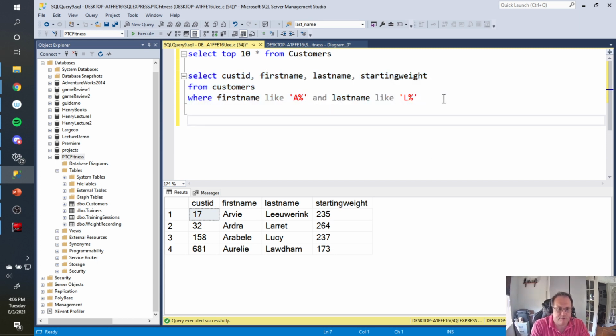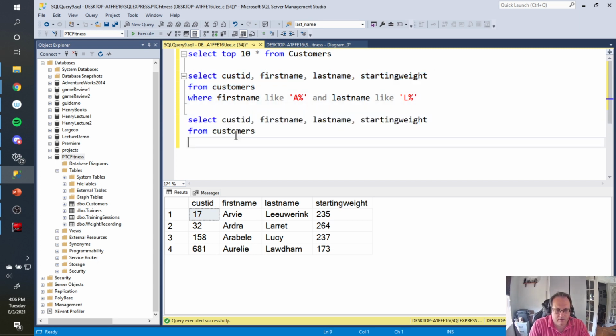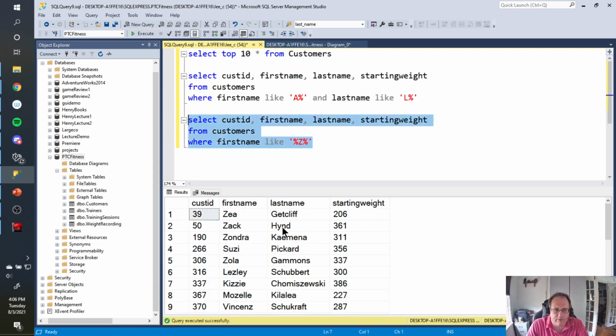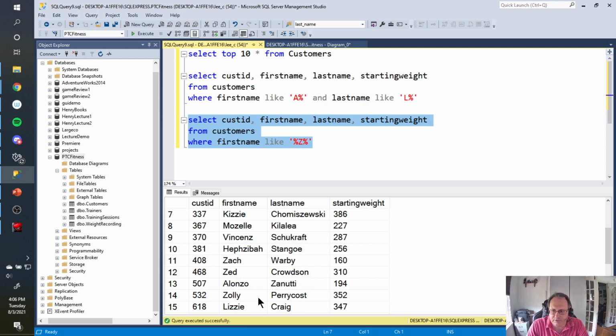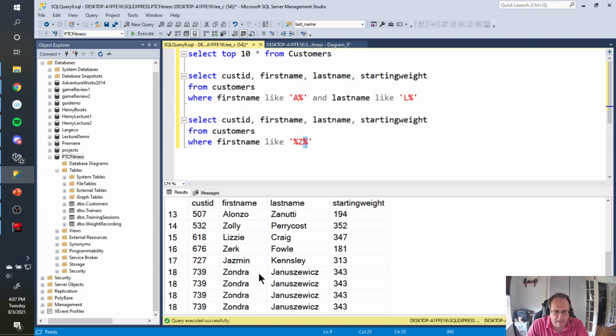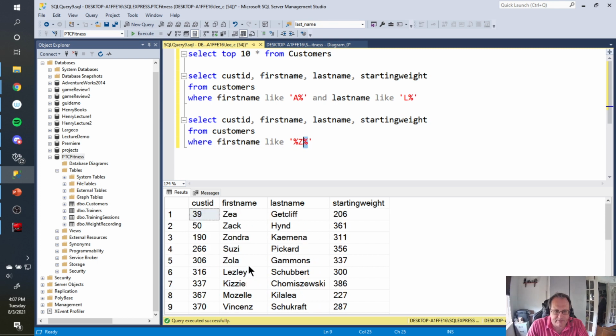Let's see if we have anybody whose first name contains a Z. This will find the letter Z in some first name, somewhere. And run this, we see I've got Zia, Zach, Zandra, Susie, Zola, Leslie, I like that spelling of Leslie, Kizzy, Moselle, Vincenz, etc. So there's a Z somewhere in there. This says start with anything, end with anything, find a Z. It's quite possible that somebody's last name was Z, like Vincenz, somebody's first name was Z, or there's a Z